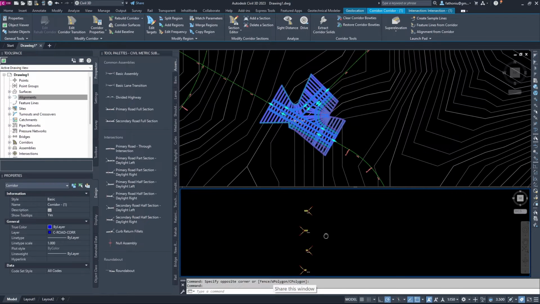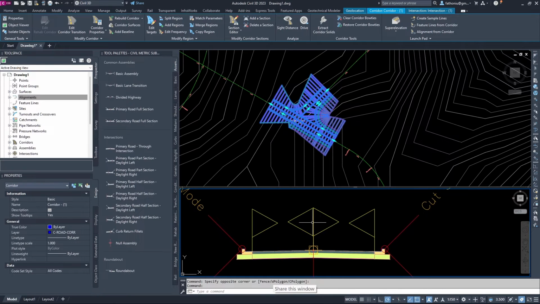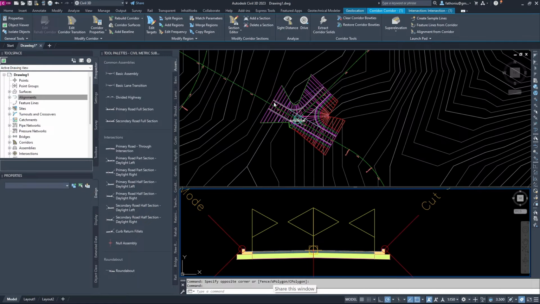This is the assembly that was created for the intersection. Let me see whether there are some. No, this one, the assembly. So the full assembly is here, primary road full section. We can still change it here. The full assembly will be at both ends. Here, full assembly.